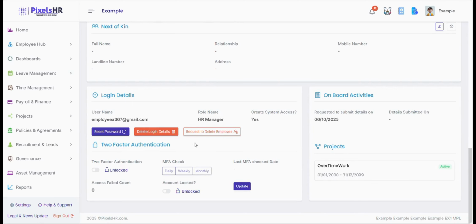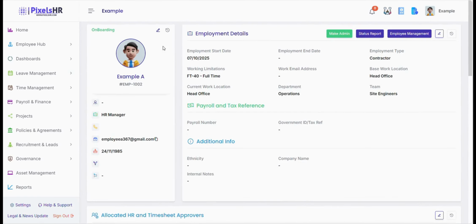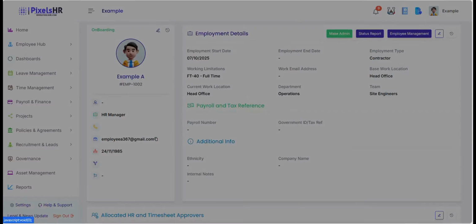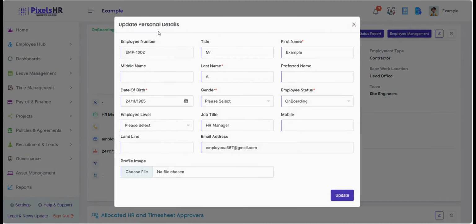In order to update their details, simply click on the pencil tool, and this will allow you to edit and update their personal details. Once you have checked and verified that their details are correct, you can simply select Update, and this will fully update